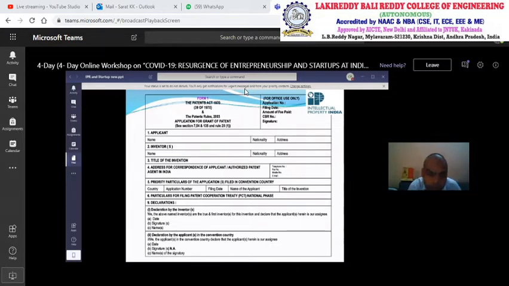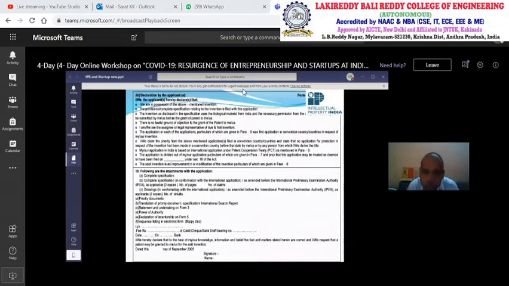Besides this, again in the same form 1, you need to upload the documents: you need to upload form 2, and you need to upload form 3 along with that. In form 2, you have to write the abstract, the complete specification, the nature of your invention with a proper example, how the invention works, how it comes about. All these things are in form 2, which is generally available in this format.